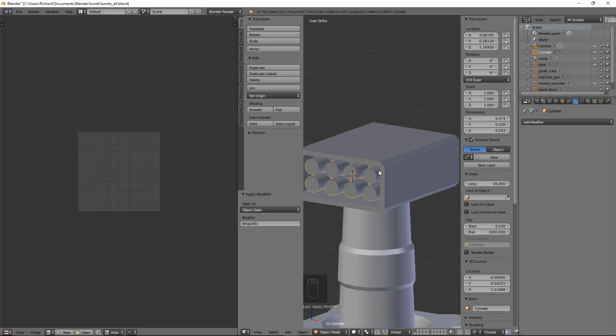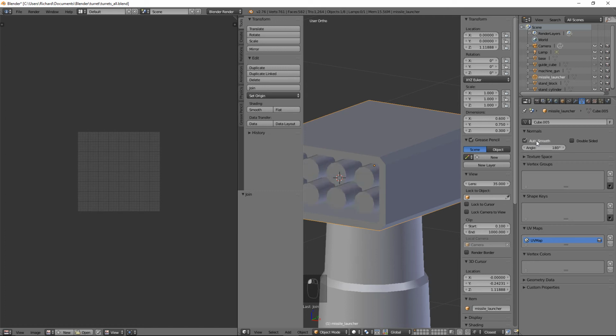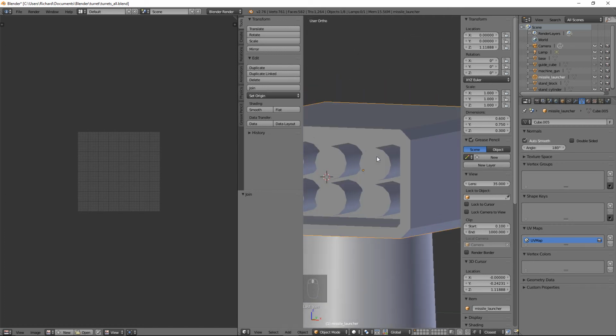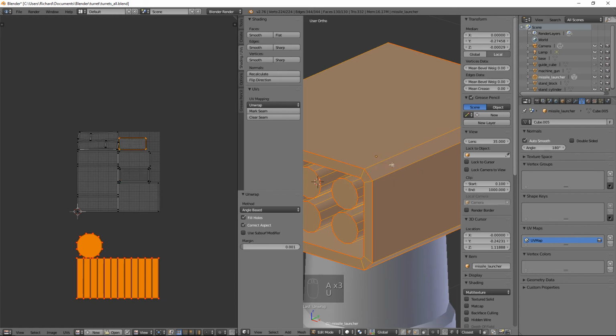Okay. And now if I click, so that's selected. We don't need to worry what it's called, cylinder, but that's fine because we're just about to join it with the missile launcher turret. So let's press Control J, and then you'll see the first problem is that it's gone a bit wonky, and that's probably because the missile launcher did not have auto smooth on, but it has now. Great, and now if we do A, U, unwrap,